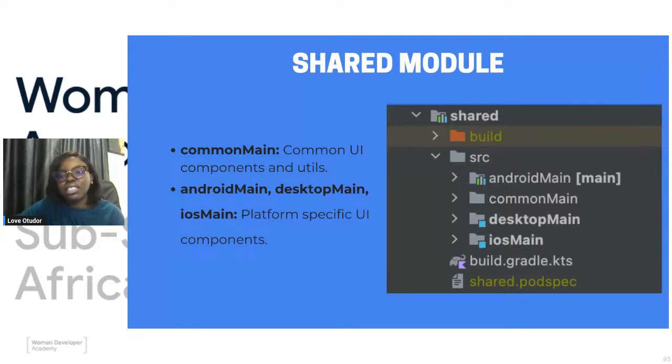So it contains the common UI elements, and then the Android main and desktop main are platform specific UI components. And this is also where you can, like I said, override some things, like your text. You can specify the text for Android and iOS, and we're going to see that in the next couple of